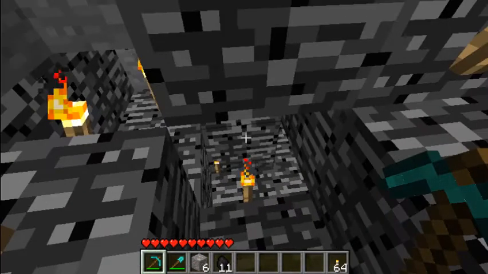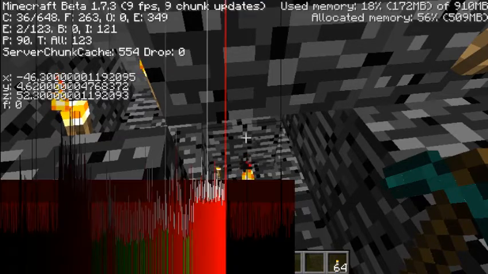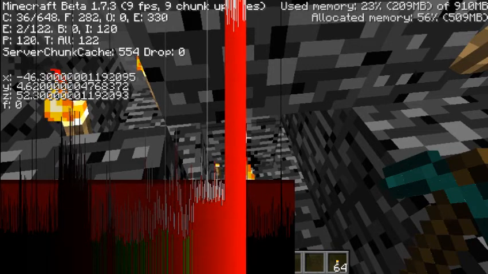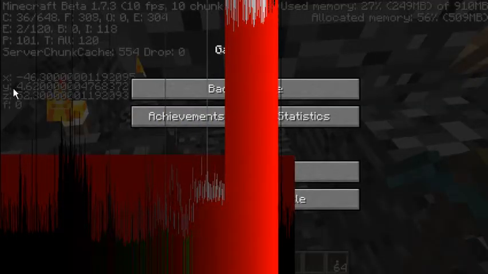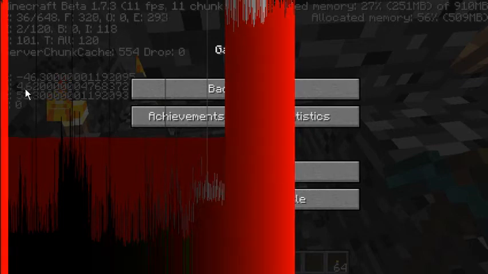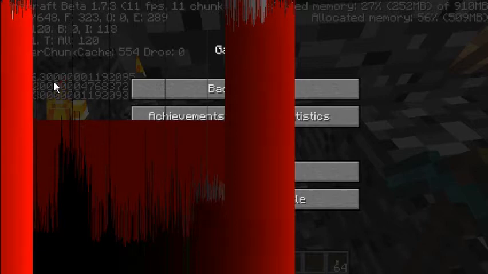Now, when you're going to be strip mining, you have to know something. When you click F3, this pops up. Now, if you look on the left, it says Y, and then it says 4.6. The 4 is the level you are looking at currently, and the 0.6